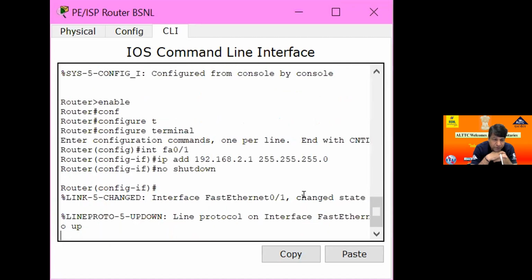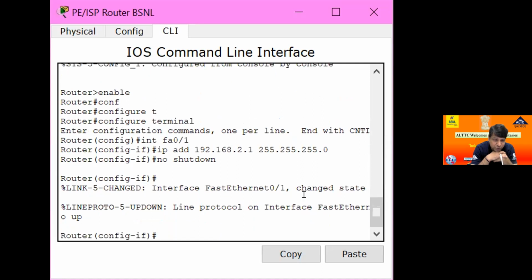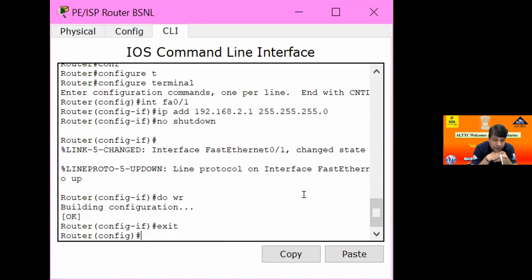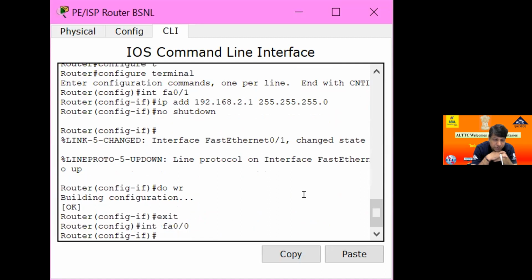Now want to saving everything by which command? Do write. Do space WR. Press enter. Exit and go to the another port. INT FA 0/0. Press enter. Then again allotment of IP add 192.168.3.2.